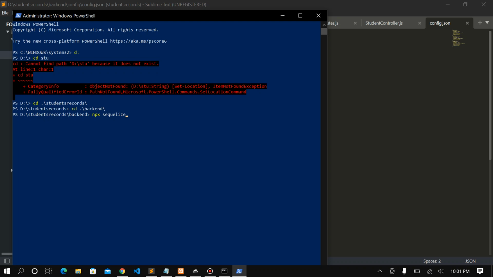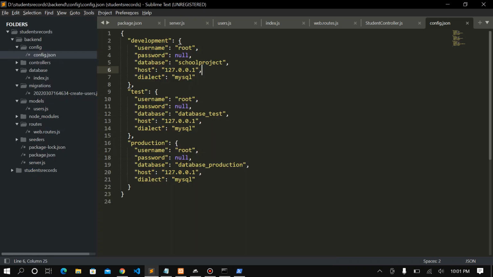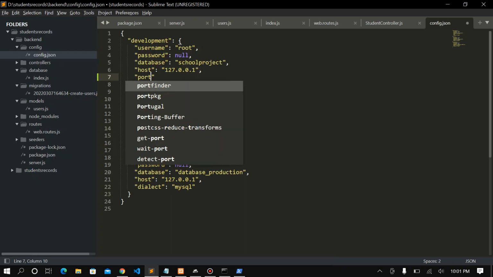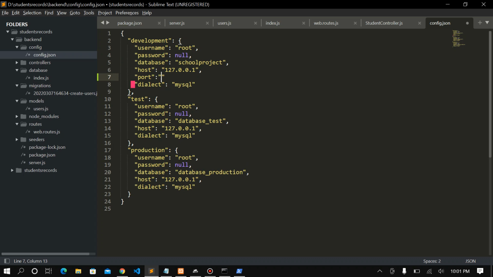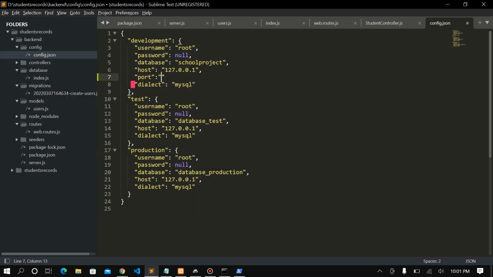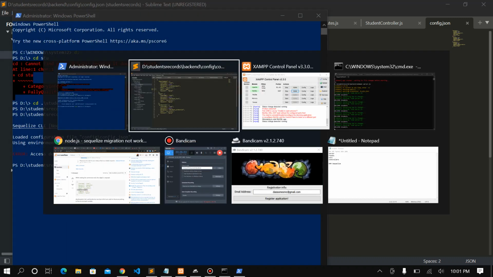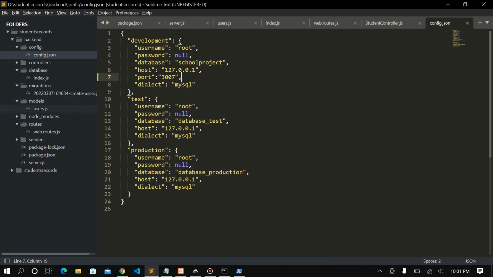npx sequelize-cli db:migrate, as you can see it gives us an error that the access is denied. So for that we will be specifying the port ourselves. You can check your port as well, on which port you are being served, and in our case it's 3007. And if I save it and run the command again as I tried earlier,